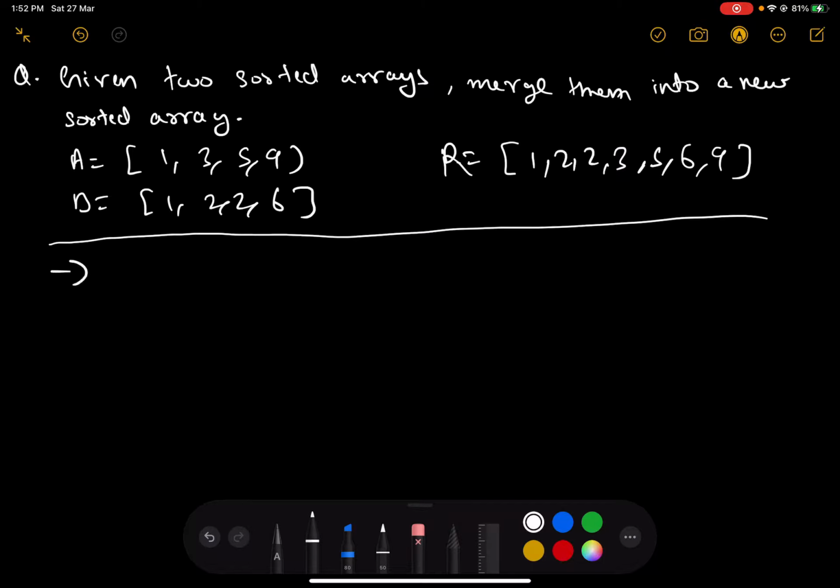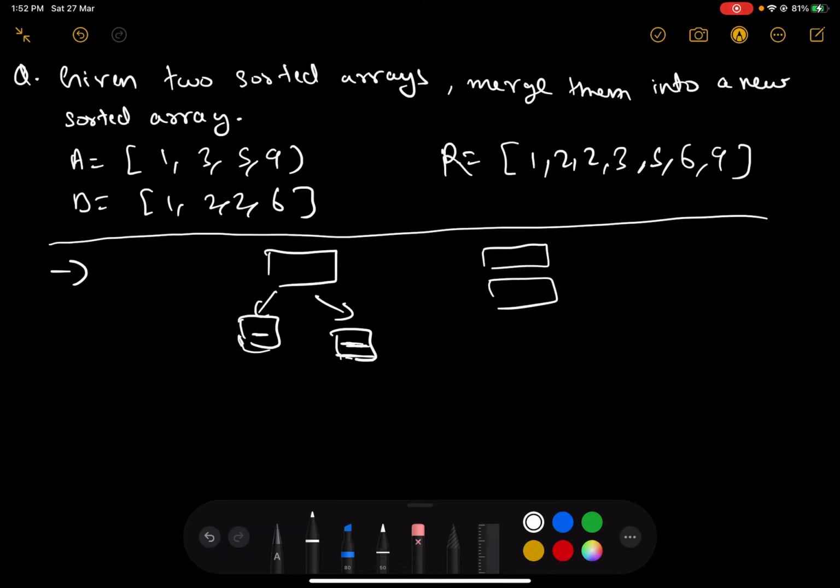One of the important applications of this question is that it's used in merge sort. In merge sort, it is used for merging two sorted arrays. If you remember, merge sort is a divide and conquer algorithm where an array is split into two equal halves, and it's assumed that after applying merge sort to these two halves they will be sorted, and then we recombine these two sorted halves using this two pointer approach to merge two sorted arrays. So one important application of this problem is seen in merge sort.